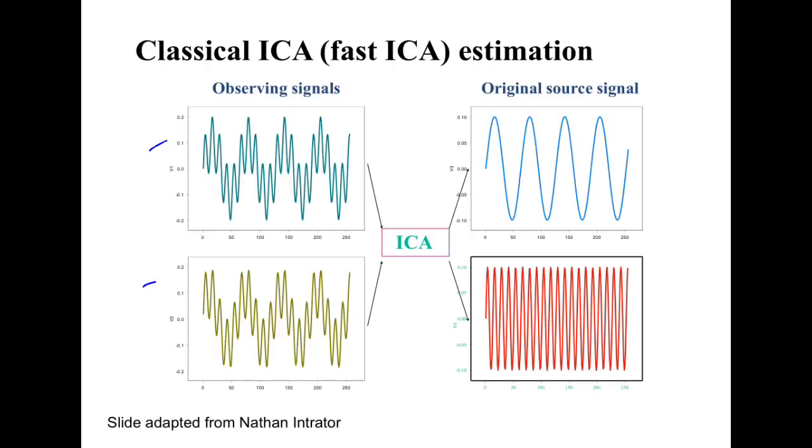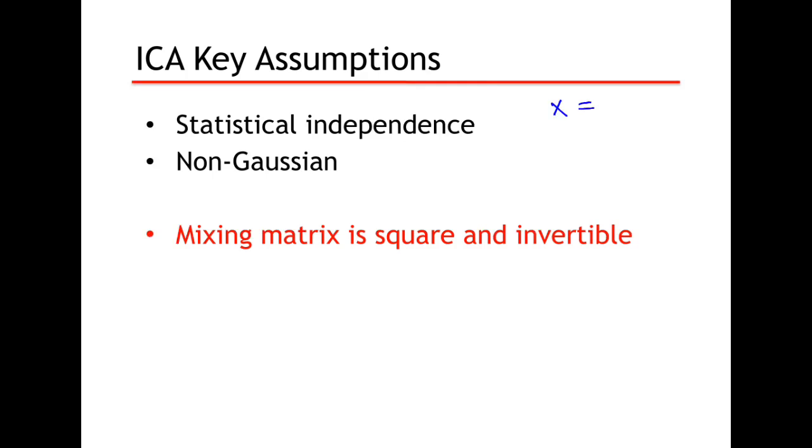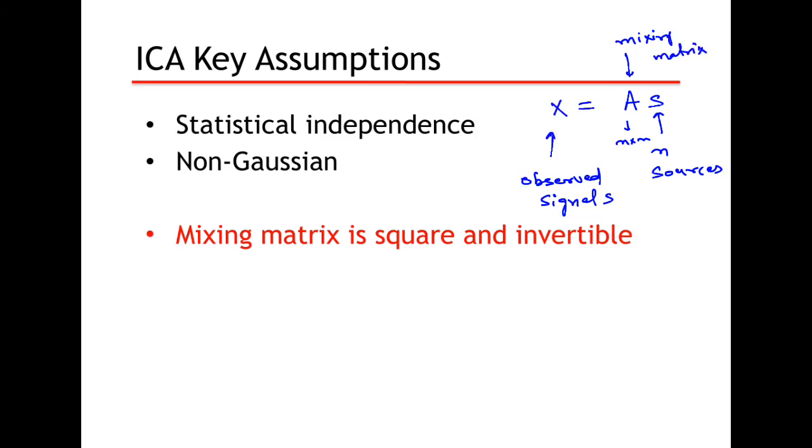If the mixing matrix is known, so what you have is X is A times S. So this is N sources. This is the observed signal. Observed signals, right? N signals here observed. And A is the mixing matrix. So in this, our focus is to find A or S or both? Both. If we knew A, we can always invert it and we can find S. But the problem is we don't know A. So the question is, without knowing A and without knowing S, can we find A and S?